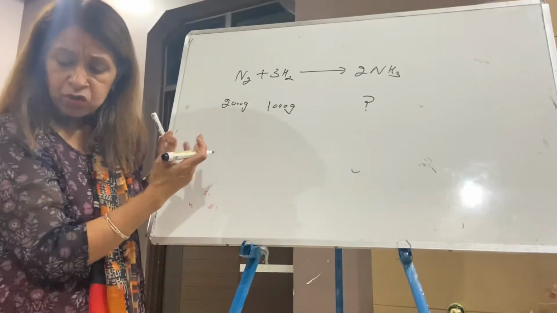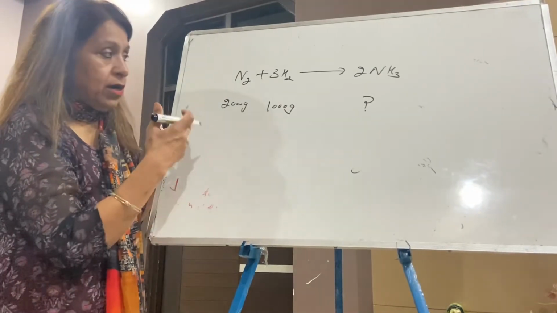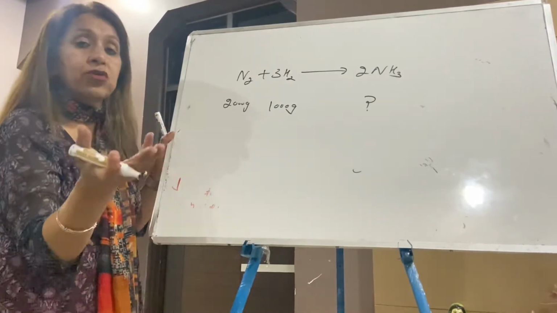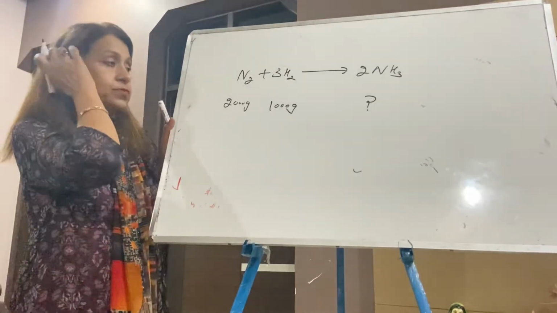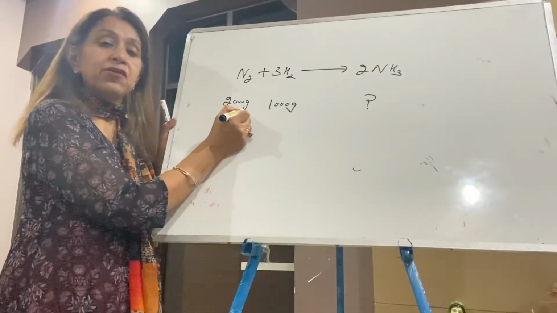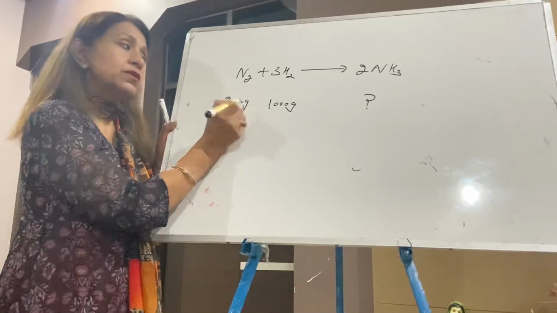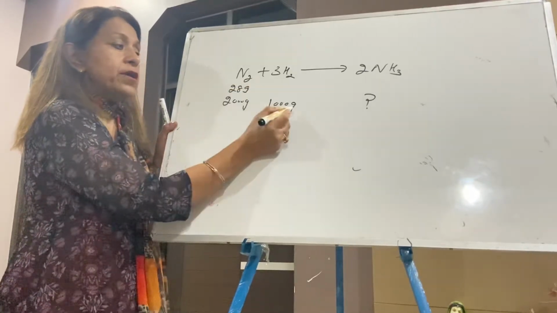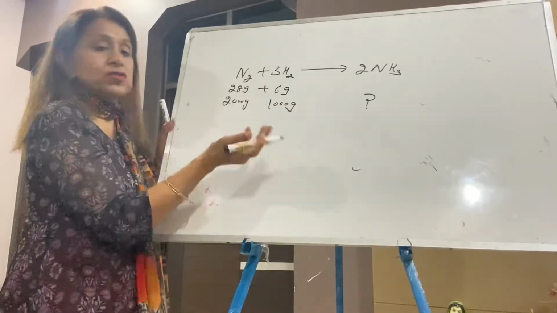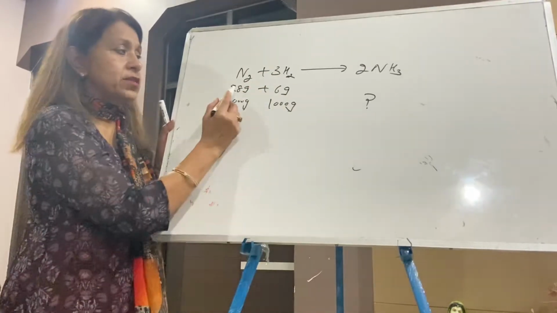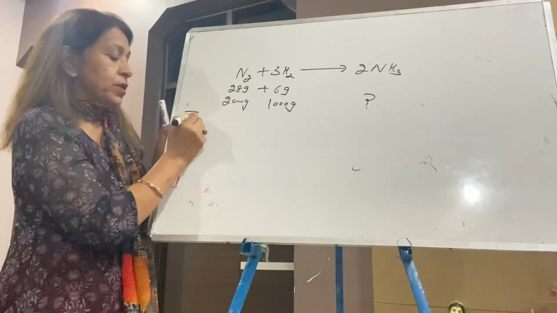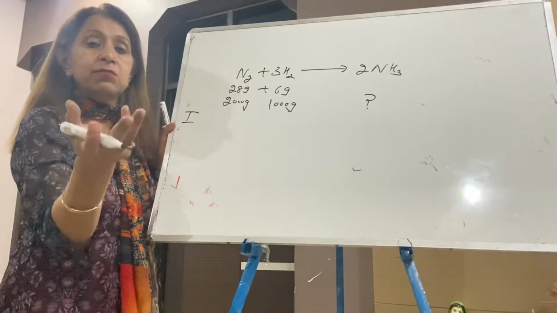They are asking many more things. The question is also to find which one is the excess reactant and how much it is. What is the amount of the excess reactant? Let us start. Now this is your nitrogen, and the mass is given. In the last method, moles were given. Here it is mass, so you will write 28 gram for nitrogen, and for hydrogen 1 into 2, 2 into 3, 6 gram. Now it's very clear the numerical is of the limiting reactant, since both reactants are given. So first we will find which one is the limiting reactant.